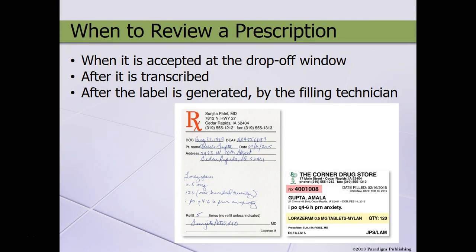So, when to review a prescription? You're going to review the prescription when it comes to the drop-off window. Then we're going to look at it again after it's transcribed, and then again after the label is generated by the filling technician. So here we have the prescription for